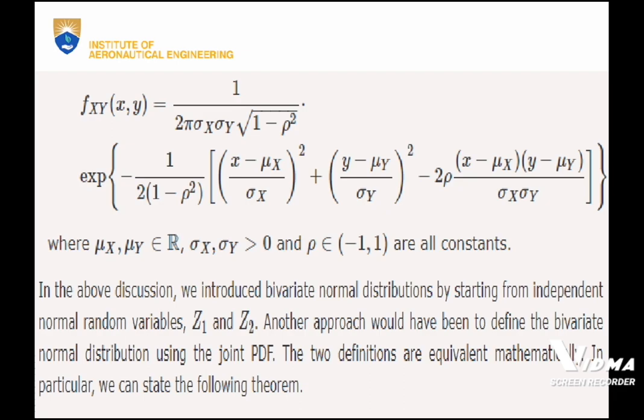are all constants. In the above definition, we introduced a bivariate normal distribution by starting from independent normal random variables Z1 and Z2. Another way would have been to define the bivariate normal distribution using the joint PDF. The two definitions are equivalent mathematically. In particular, we can state the following: